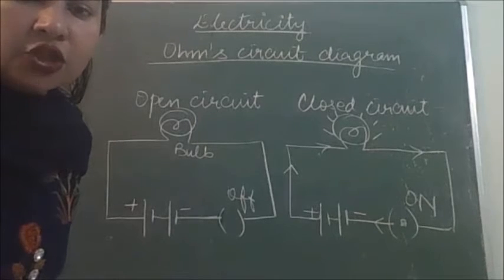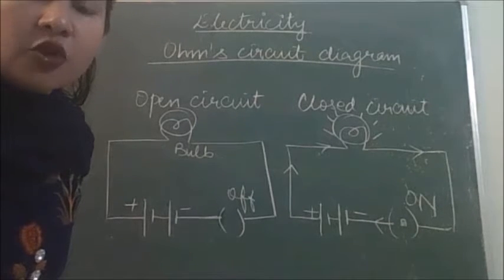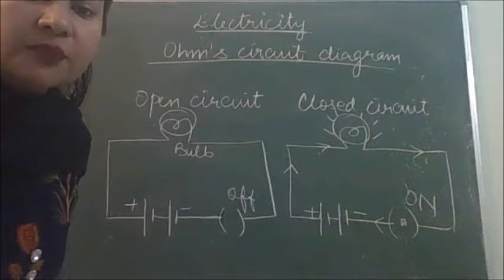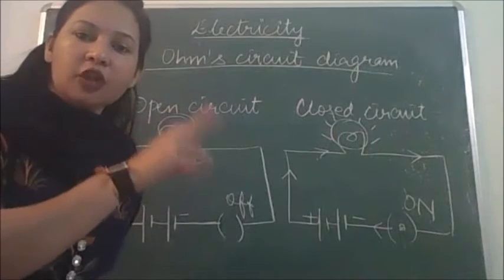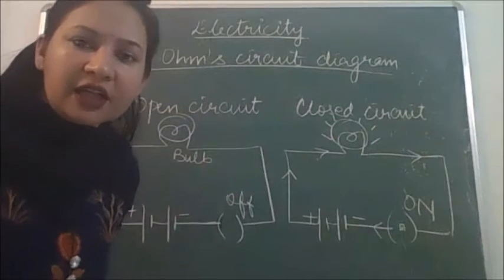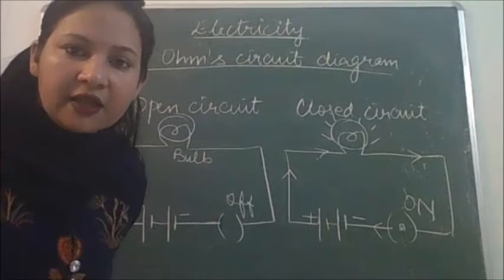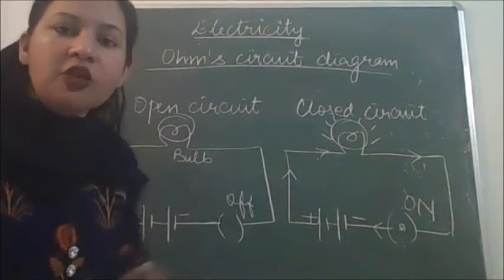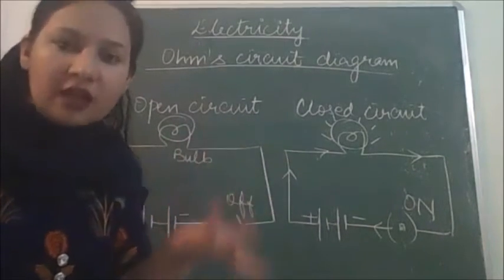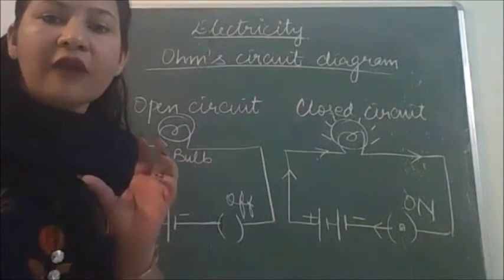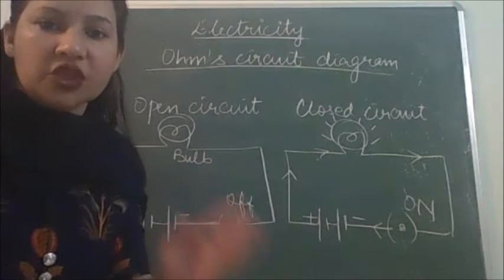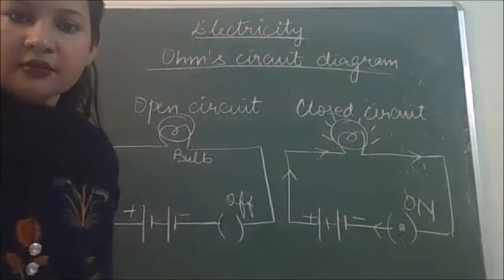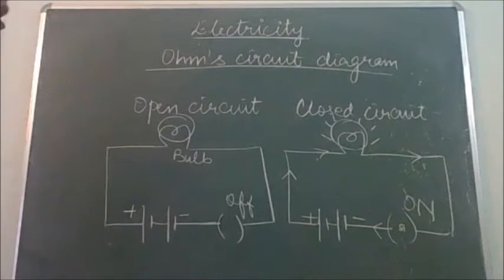All right, and I showed you that until I pressed the switch in the circuit yesterday, current was not flowing through it, right? Until you switch on the fan, does it start automatically? No, it doesn't, okay? So that remains an open circuit. But when you press the switch, then the fan starts moving. It starts working because you have closed the circuit. You have made the circuit complete by pressing the switch. So these are two types of circuits.